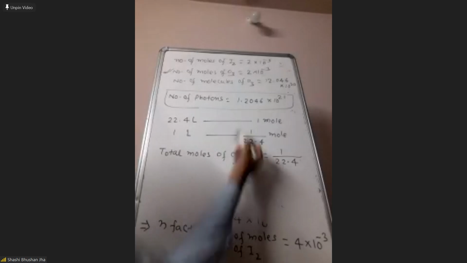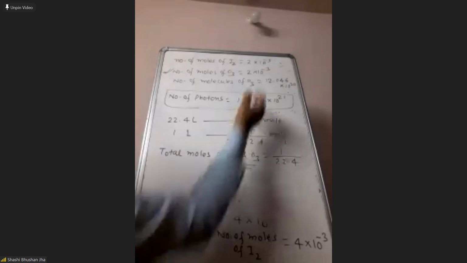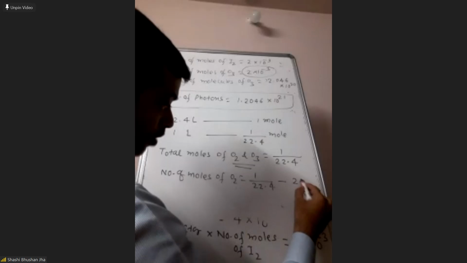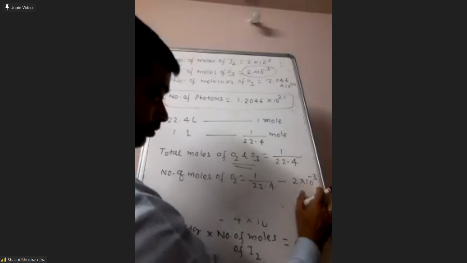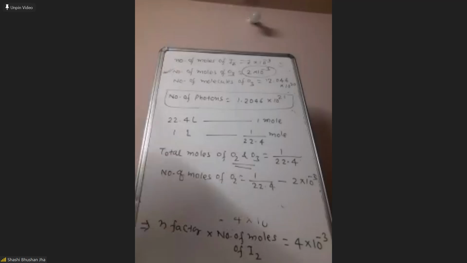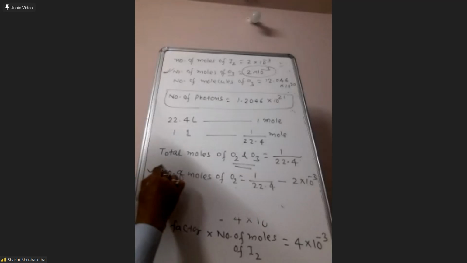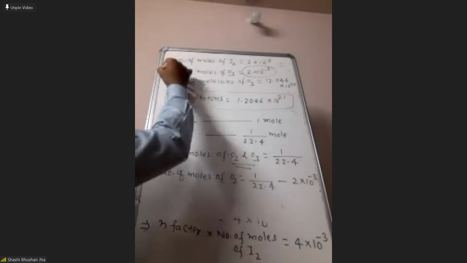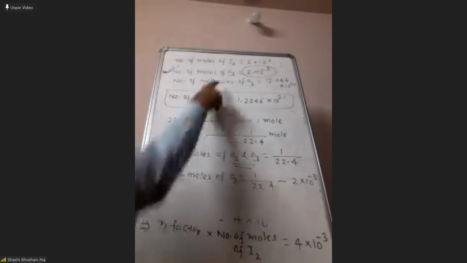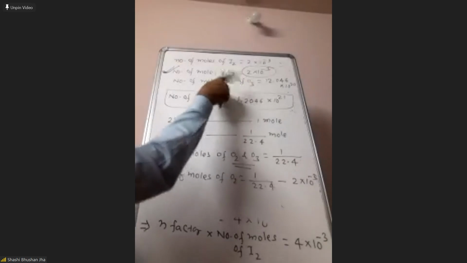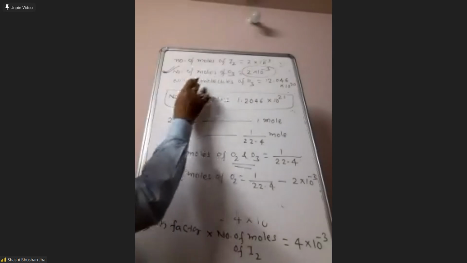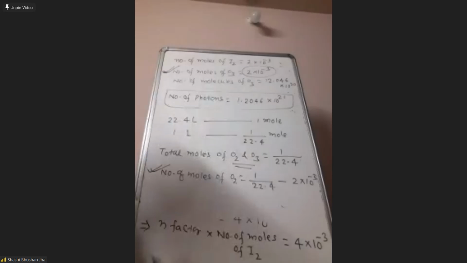From this, if you subtract the number of moles of ozone, you will get the number of moles of oxygen. So number of moles of oxygen will be this minus number of moles of ozone. So you got the number of moles of oxygen. So now in the mixture, number of moles of oxygen is known to you, number of moles of ozone is known to you. If you multiply this number of moles by corresponding gram molecular masses, then you will get the mass of ozone in the mixture and mass of the mixture.